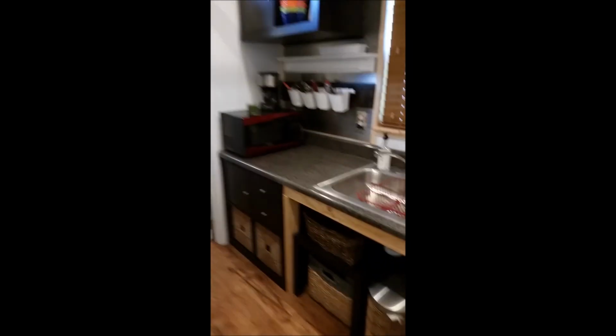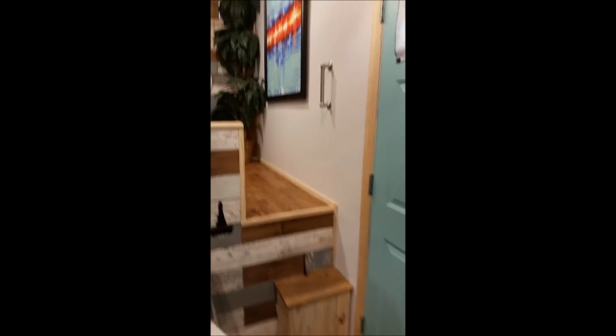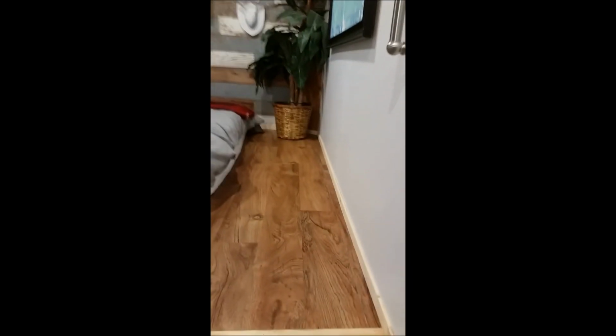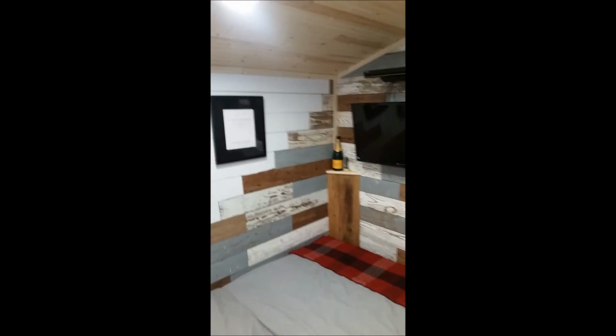Okay. Let's see. We have a little fridge, some storage. It's hard to get a good video without being able to back up. But let's go to the bedroom area. I put the bed up on a gooseneck part because, let me step up here without breaking my neck. It's a lot less claustrophobic up here